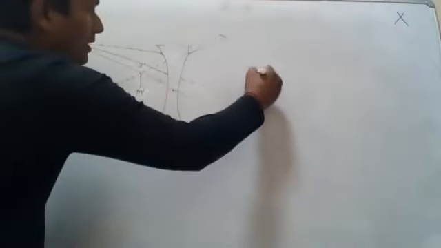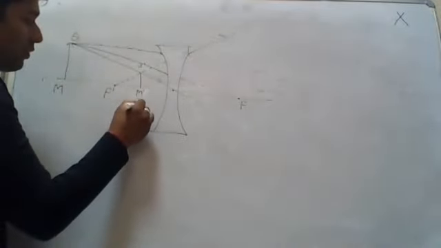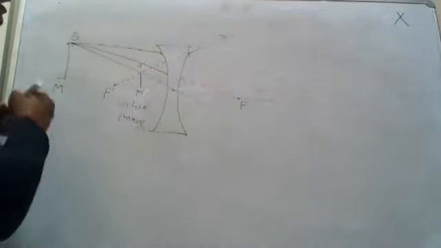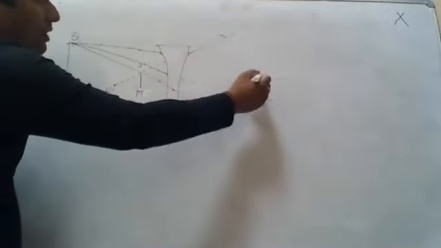Okay, so in this way, using the concave lens, we can get the image formation. If you are standing here and looking, you will see that in this case we are getting a virtual image. This is the virtual image using the concave lens. It is virtual because if you put a screen, you don't get the image, but the light seems to come from this point if you are standing here. That's why it forms the virtual image. So this is the method to get the image formation using the concave lens.